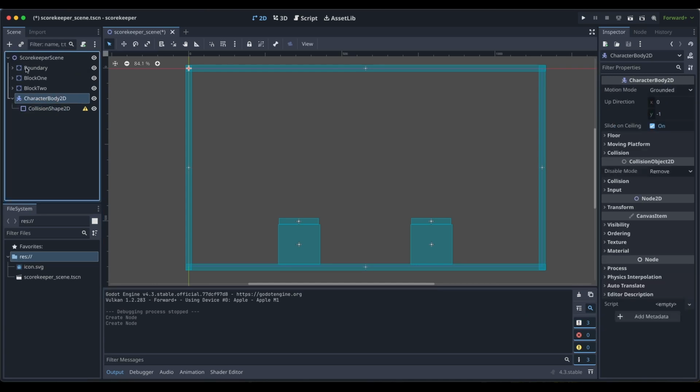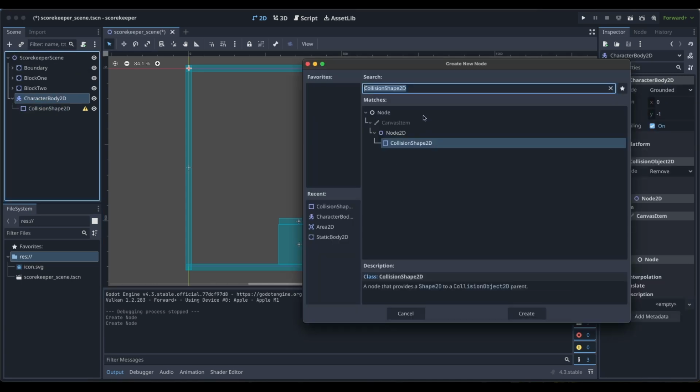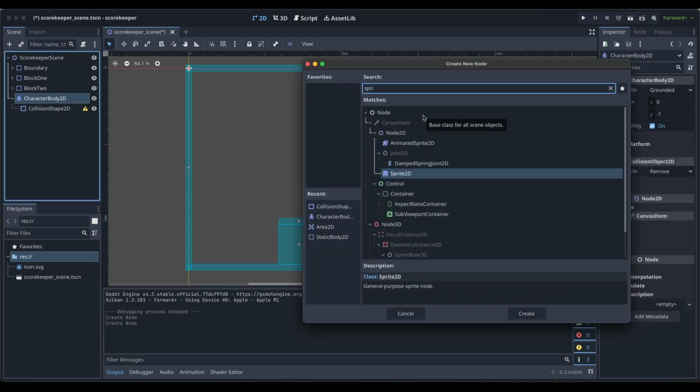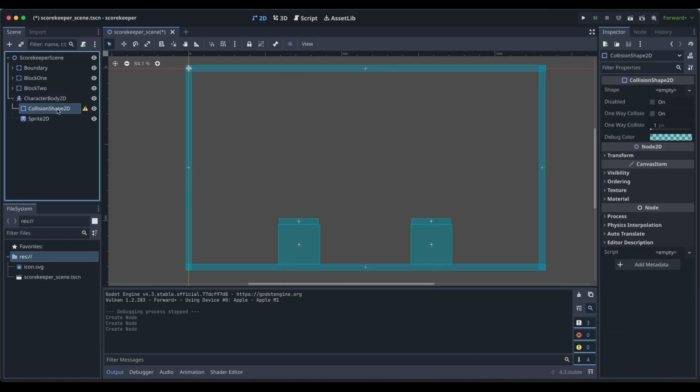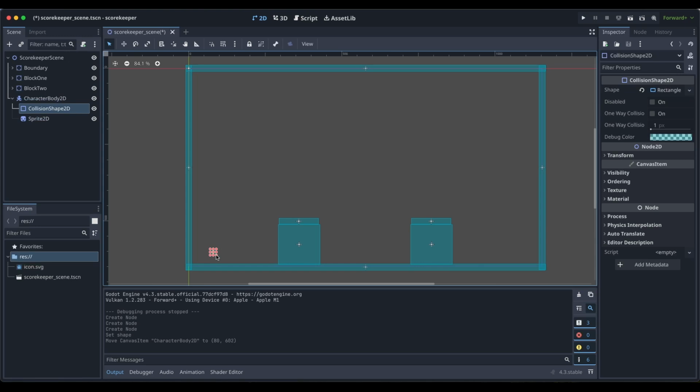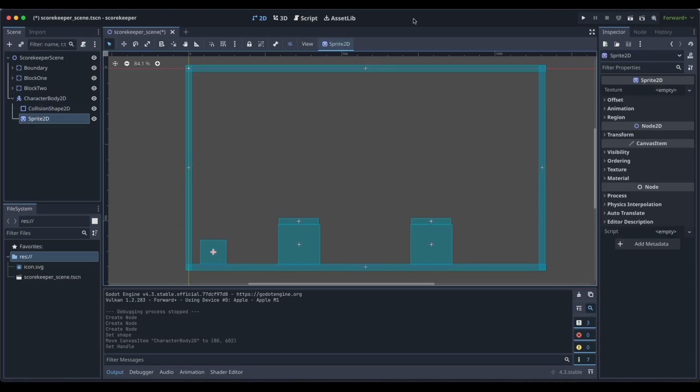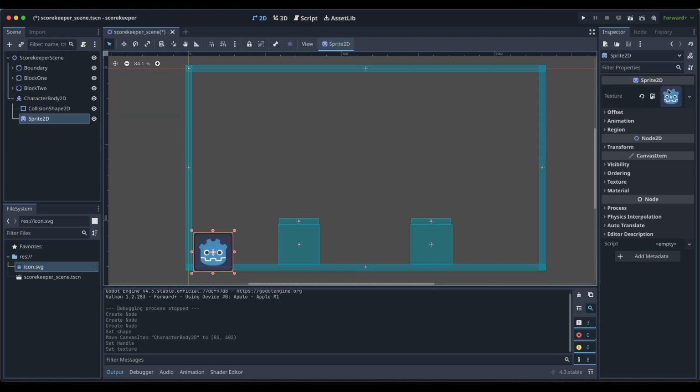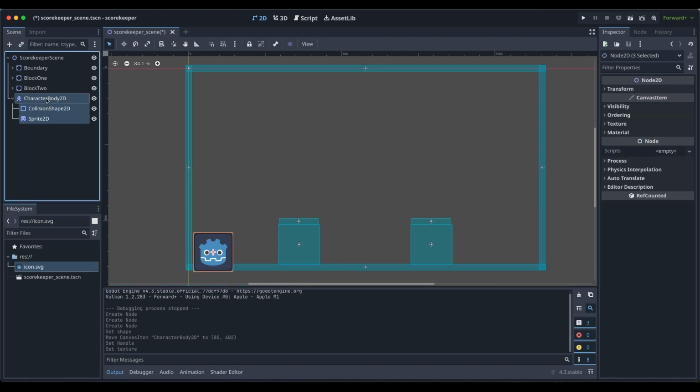And then we're also going to attach a sprite. Okay, and we'll make this a rectangle. And then we're just going to take our whole character and move him down here. And we'll resize our character. And then we're going to add our Godot icon into our character, and just do a little adjustment to get them